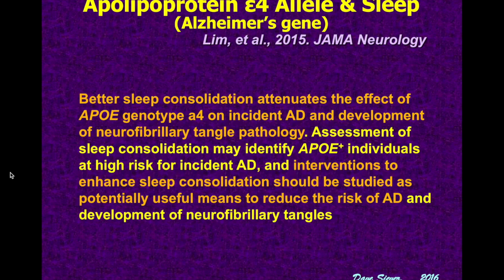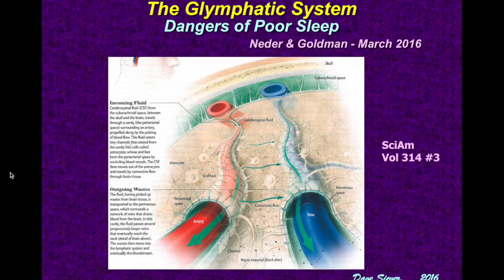And what they say here with the LIMB study, better sleep consolidation attenuates the effect of APOE genotype E4, that's the gene we were just talking about, on incident Alzheimer's disease and development of neurofibrillary tangle pathology. Assessment of sleep consolidation may identify APOE positive individuals at high risk for Alzheimer's. And interventions to enhance sleep should be studied as potentially useful means to reduce the risk of Alzheimer's and development of these amyloid deposits. So, why is it that when we don't sleep well, we are at high risk of